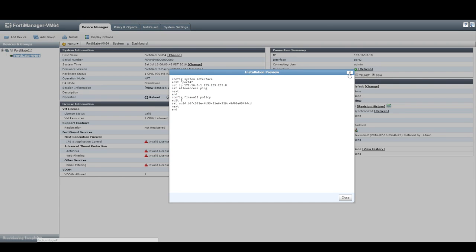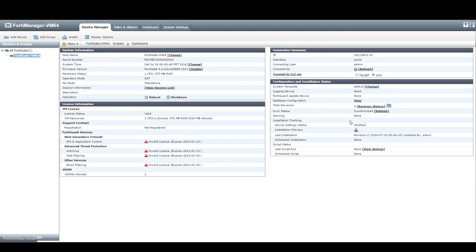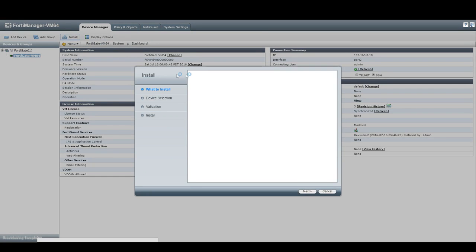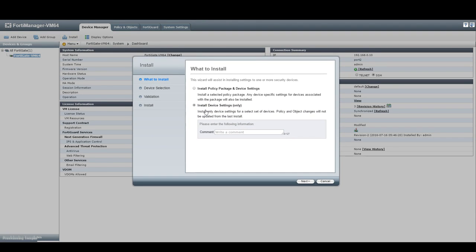So when you're happy with that, what we're going to do is actually install it. So up the top, we're going to click the install wizard. It's going to ask us what to install. Now in this case, I'm only going to install the device settings only. Comment, normally you would put in here maybe some change control reference or some comments around why you're actually making the change,